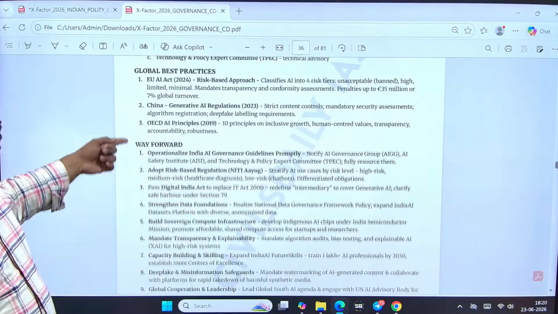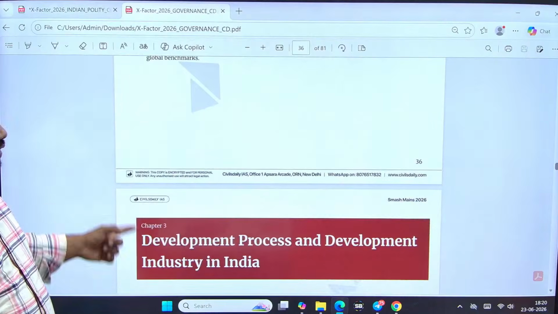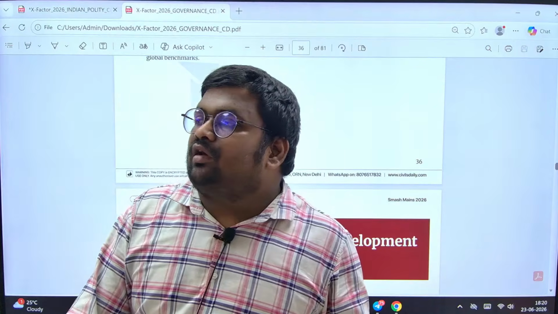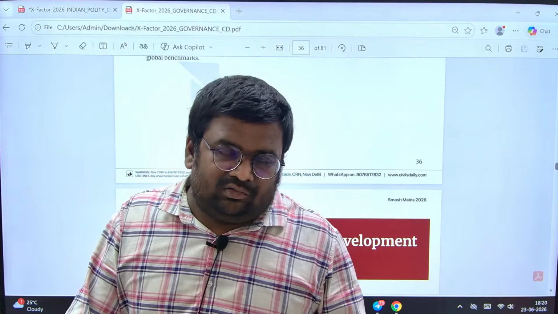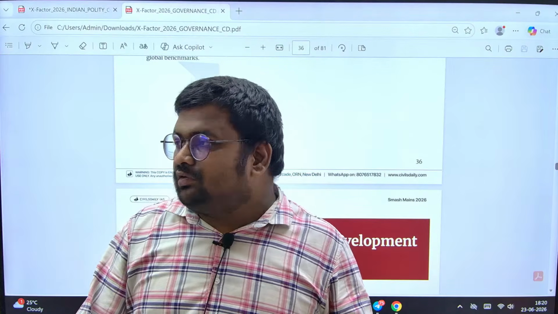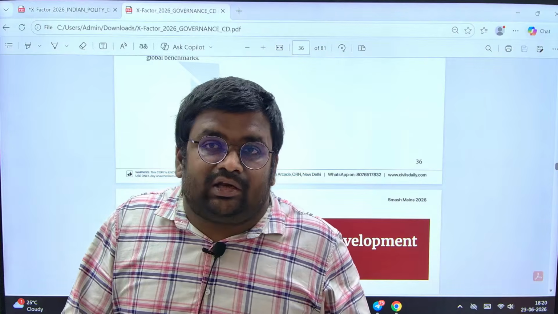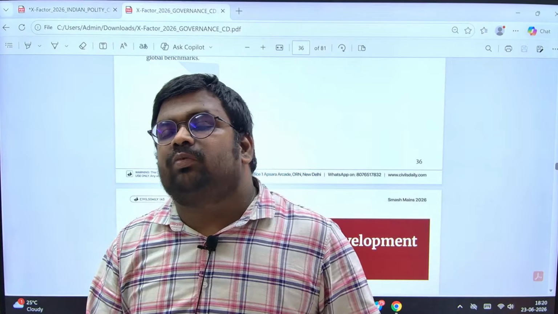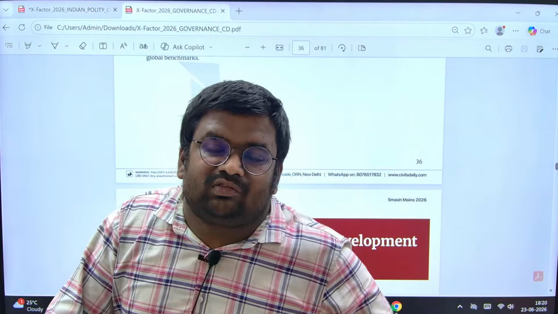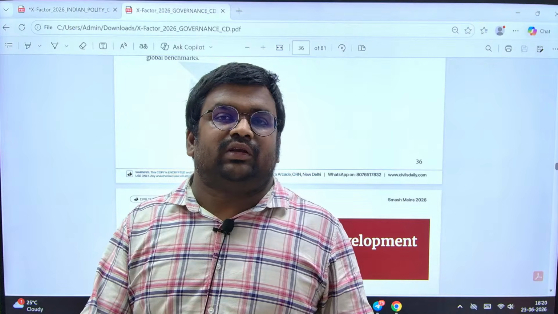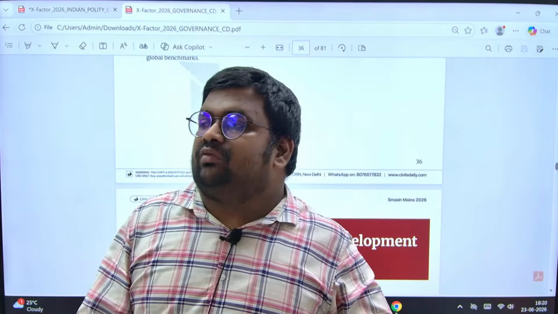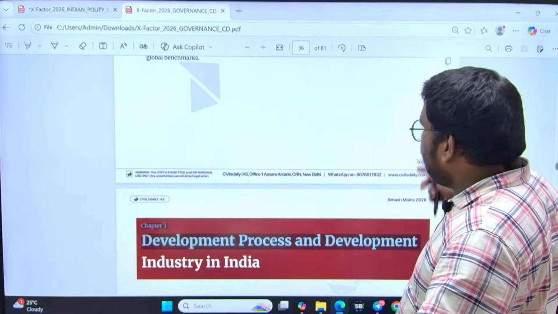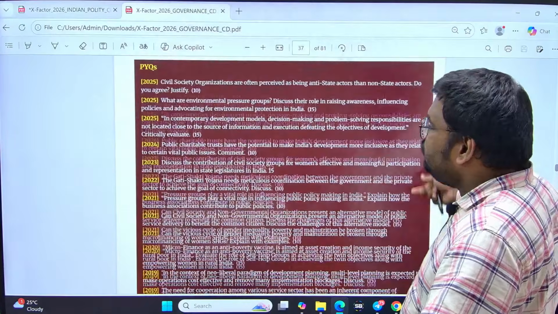That and these are the global best practice way forward. So even in e-governance, we haven't simply covered the basics of it. So apart from the current relevant news, we have gone into the detail of the analysis of that topic, and based upon the pattern of the previous year questions, we have identified the expected themes, और वो सारे हमने cover किए, ठीक है. सेम विथ डेवलपमेंट प्रोसेस, डेवलपमेंट इंडस्ट्री, तो NGO रिलेटेड वगैरह